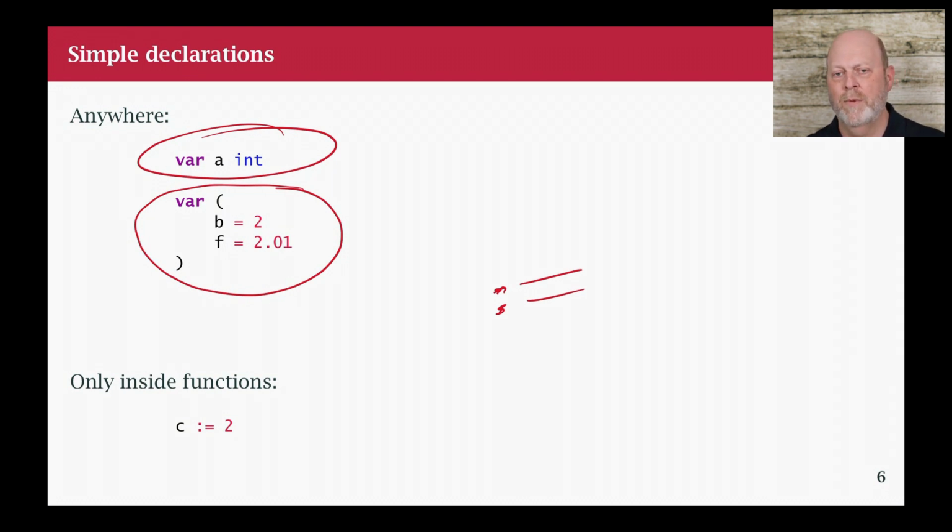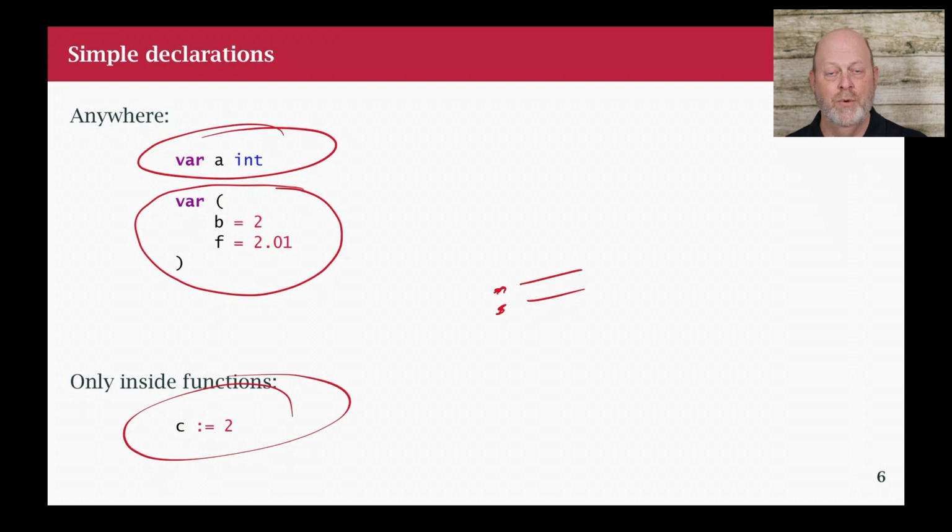So if you remember back, one of the ideas of Go was to make Go type safe in a static typing compiled way, but to make it easy to use as one of these dynamically typed languages like Python, where you just say, hey, A equals 2, and so A becomes a variable with the number 2 in it. Okay, so when I just set this little c is declared as 2 or some expression, it doesn't have to be a literal. It could be an expression that calculates something, and whatever the result of that calculation is, or the result of the function call, the type of that becomes the type of the variable, and the value of that becomes the